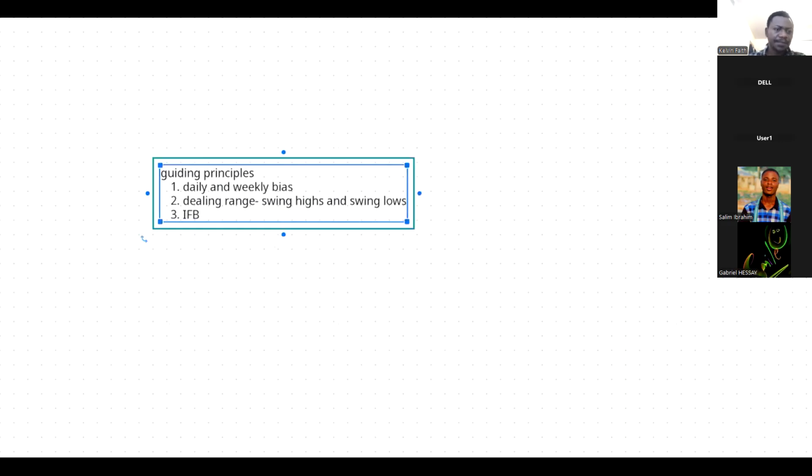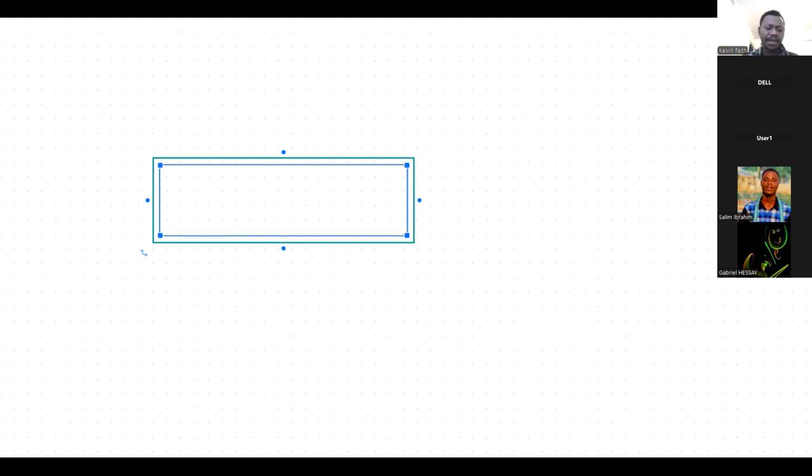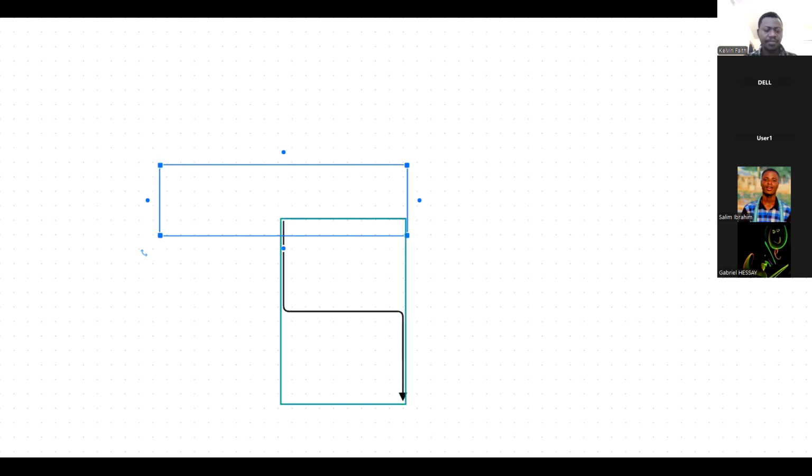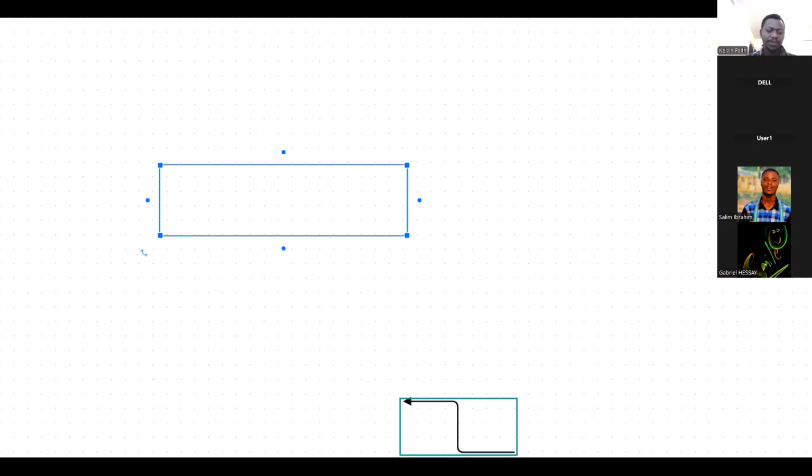perfect. So then after doing that, how am I going to get my entry? I'm going to look for change of character and break of structure, BOS. Change of character and then BOS. So within that, I'm going to look for any imbalances, into liquidity, or if there is any liquidity that should be taken out before price goes into the direction that I want it to go to, or